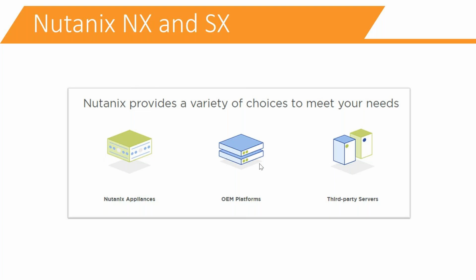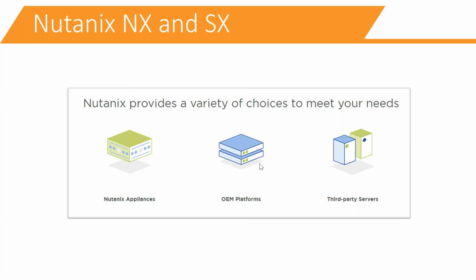CVM is a special VM. This VM uses the AOS operating system, Acropolis operating system. What is that Acropolis operating system? It is an intelligent software. The CVM and the other architecture, I'll talk about tomorrow. But for now, there is a special intelligent software. That software is converted into the ISO, the AOS operating system. That operating system will be deployed on top of the hypervisor.